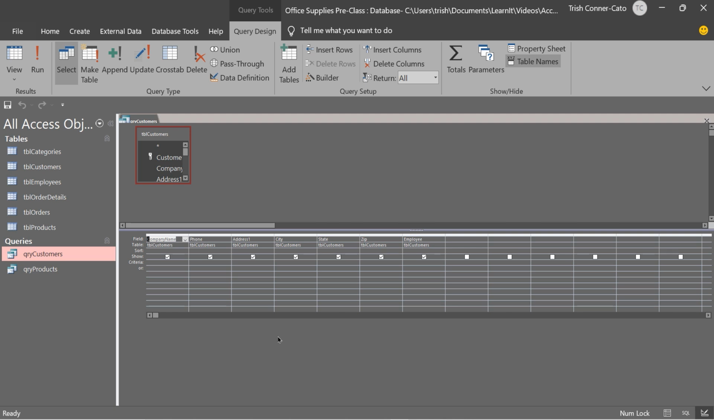So what we're going to do here is we want to add some criteria. We want this query to just show customers in a particular zip code. So in the zip column on the lower half in your grid, you'll notice in the grid, you have a field, row, table, sort, show, criteria, and or. We're going to be in the criteria cell on this one for the zip code field. So right underneath the show check mark in the zip column, you're going to click. And you're just going to type in